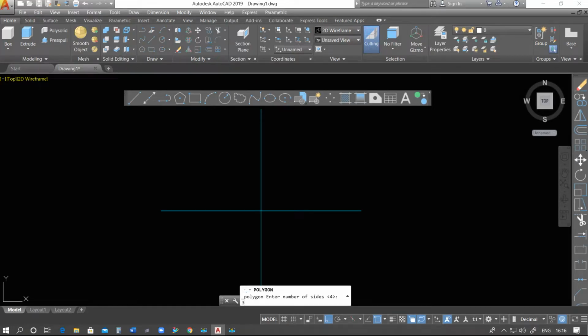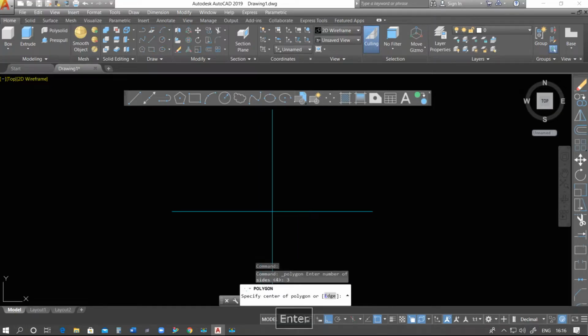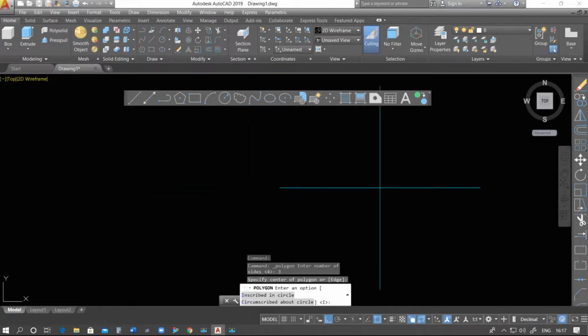In any triangle there are 3 sides or 3 corners. Okay, now 3. Yes. Now specify center. So you can say that somewhere here this is the center. As we specify the center, we have two options: inscribed in circle or circumscribed about circle.